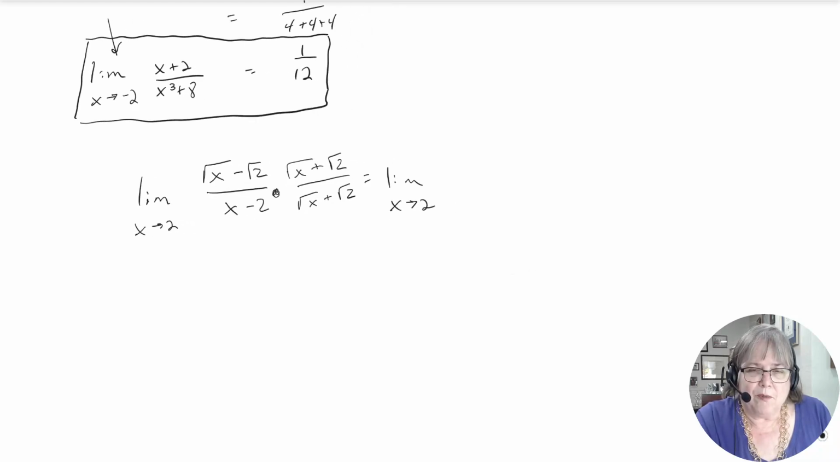All right, so the numerator is the FOIL method. The square root of x times the square root of x is the square root of x squared, which is x. The square root of x times plus square root of 2 is square root of 2x, and minus square root of 2 times the square root of x is minus square root of 2x, and those cancel out. Maybe I better write those down. Okay, so you'd have plus the square root of 2x minus the square root of 2x, minus square root of 2 times the square root of 2 is the square root of 2 squared, which is 2,